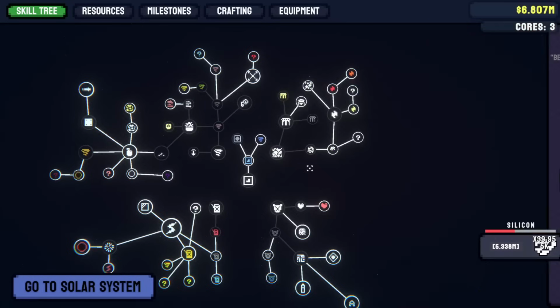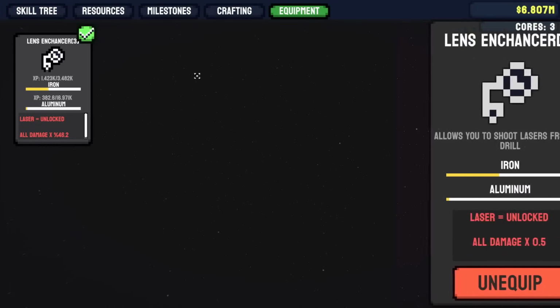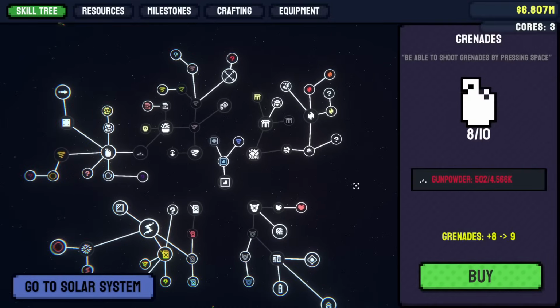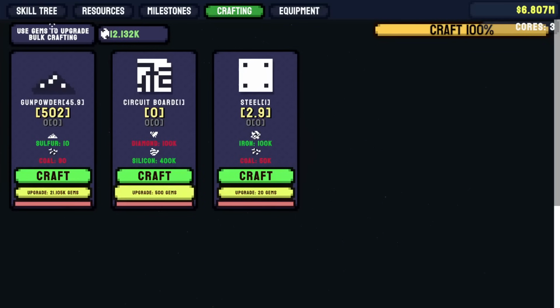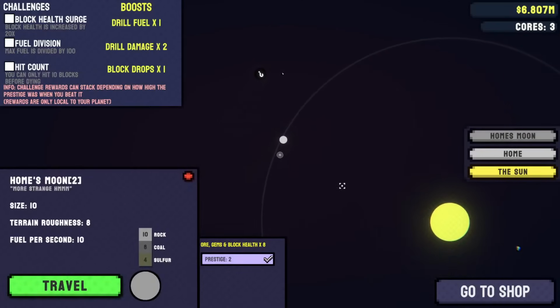Okay, I died very quickly, but I wondered if that actually equated to a lot of aluminum. A little bit. So, yes, it did get upgraded. All damage times 0.5 or 1.5, you know. I know, I'm being like a jerk about it instead of just trying to understand it. So we could go farm more lens enhancer